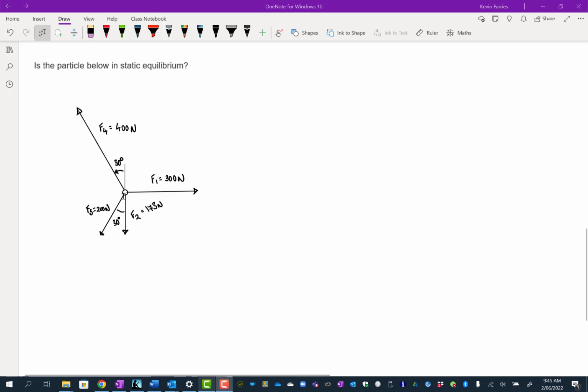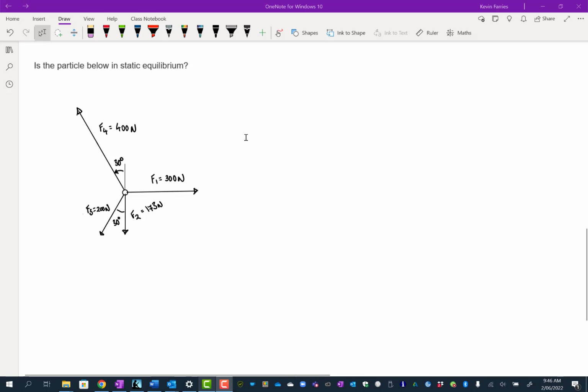At the moment, we're dealing with a kind of theoretical construct where we've got this imaginary particle and forces acting on it. And we'll see when we get to some more complicated examples that we can choose a particle in our system, and the way we choose it is by the fact that all of the vectors converge onto the point at which that particle exists. Okay, so that's for a bit later, but this first one we're trying to figure out whether or not this